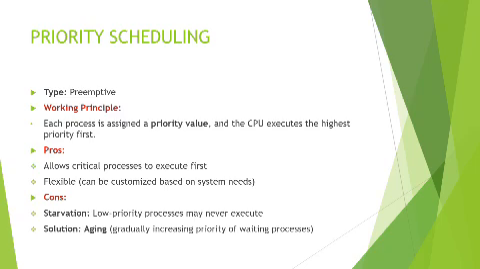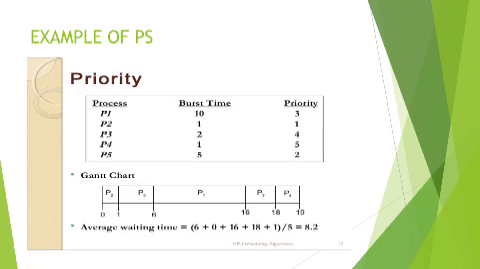Next, priority scheduling. It can be a preemptive type of scheduling. Each process is assigned a priority value and the CPU executes the highest priority first. The pros: it allows critical processes to execute first. It is flexible and can be customized based on system needs. The cons: starvation. A low priority process may never execute, as more priority is given to the highest value, and the lowest values are not given any priority, so it may cause starvation. Solution: aging. It gradually increases the priority of waiting